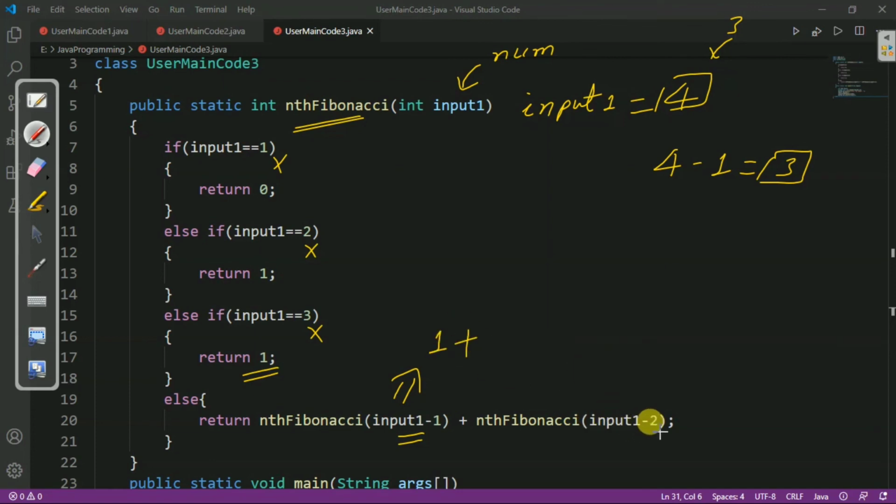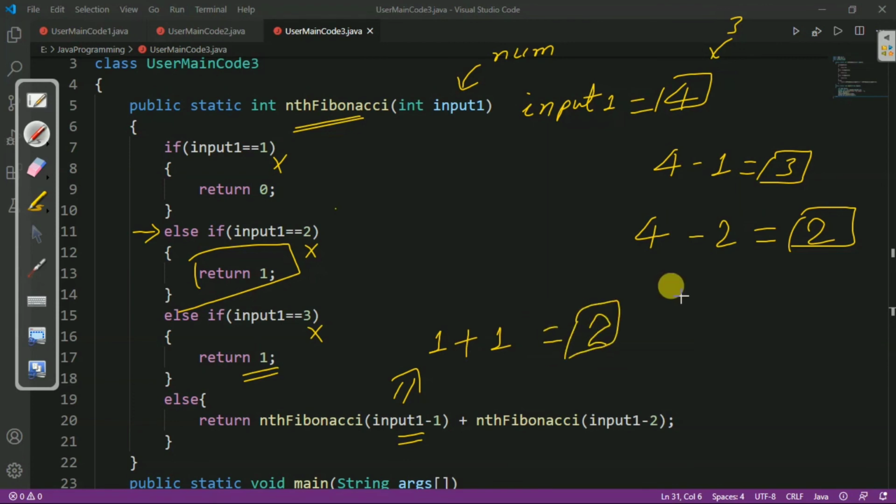So here input1 minus 2, initially input1 is 4, and 4 minus 2 will give 2, and here we will again call the function, passing the value 2. So this time it will come into this part, and if input1 equal to 2, we will return again 1. So here it will return 1, and 1 plus 1 equal to 2, and we know that the fourth Fibonacci number is 2.